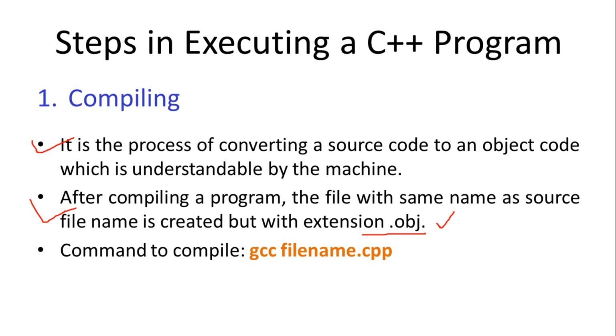Now for compiling the program, there are different ways for different compilers. You can write a C++ program using different compilers. One way of compiling a C++ program using the GCC compiler is shown here. On the command prompt, you have to type the command gcc, space, your file name, for example hello world.cpp. GCC means GNU Compiler Collection, and it is an integrated distribution of compilers for many programming languages. It is just the syntax for compiling the C++ program. According to the change in compiler, the way of compiling the program will change.